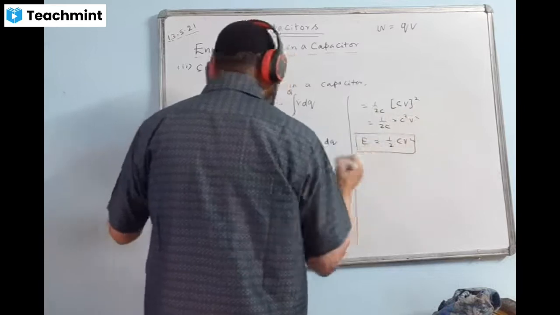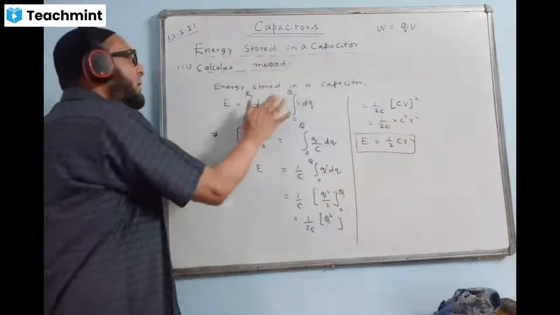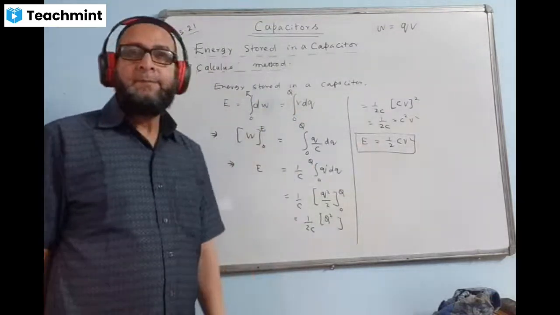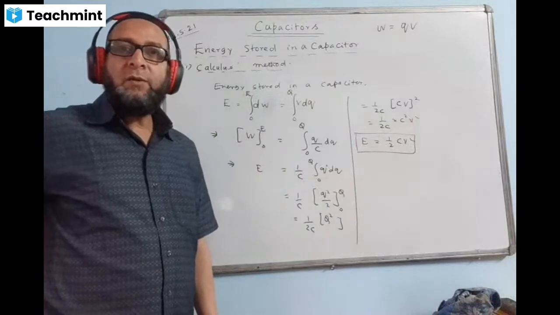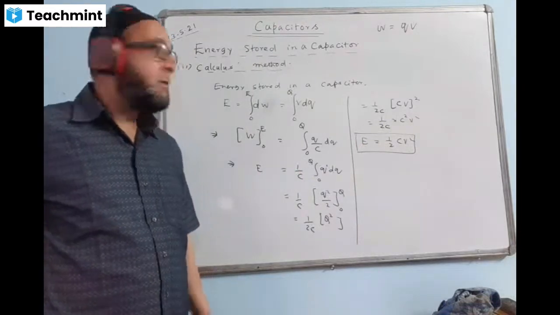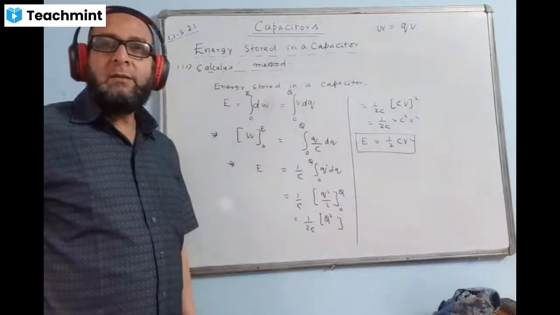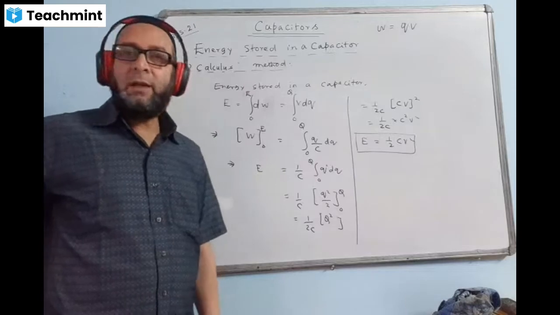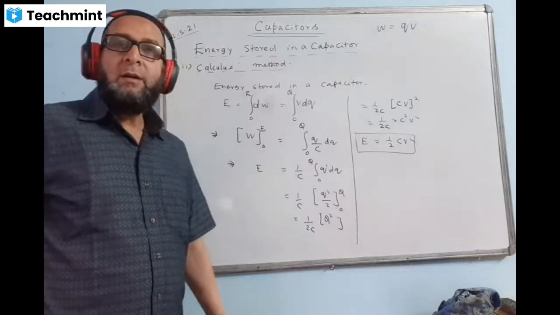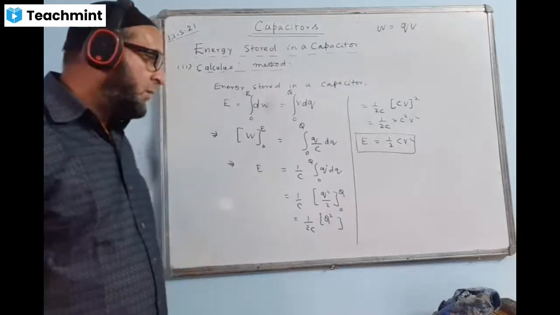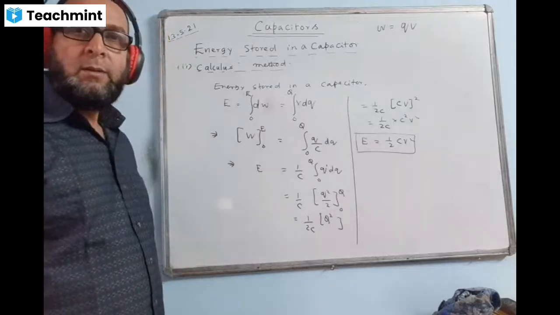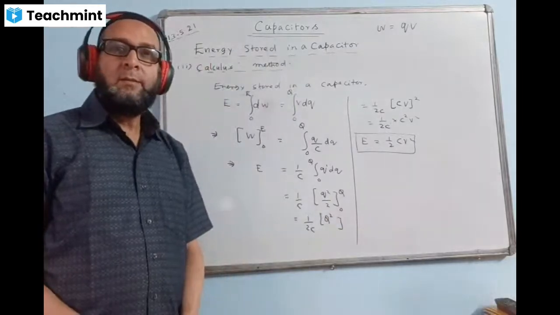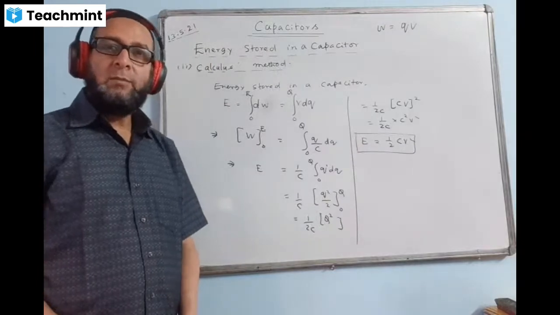This is the formula of energy stored. This is your calculus method. For this method, you don't have to draw a graph. Directly from here, you can begin and just complete here. So this is the formula of energy stored in a capacitor, calculus method. Calculus method may carry 3 marks. If they don't mention the name of any method, then you can use either of these methods, graphical method or the calculus method. Any one of the methods you can use. Is it okay? Clear? If any doubts, you can ask for clarification. There is no harm.